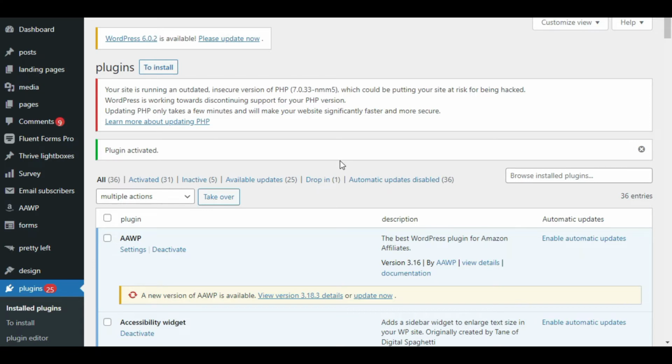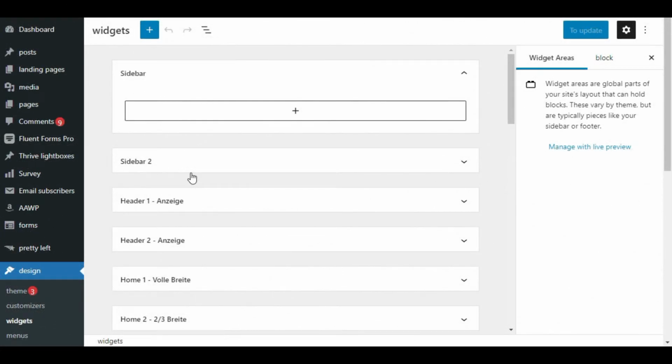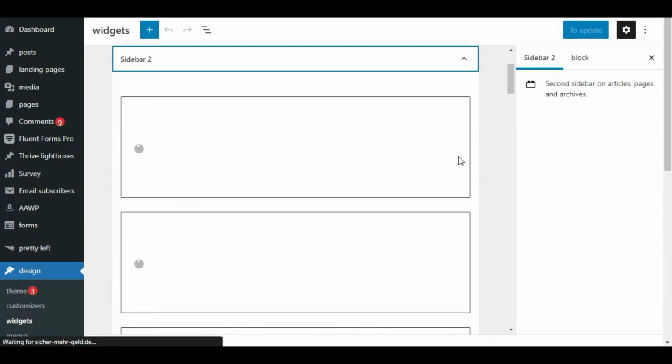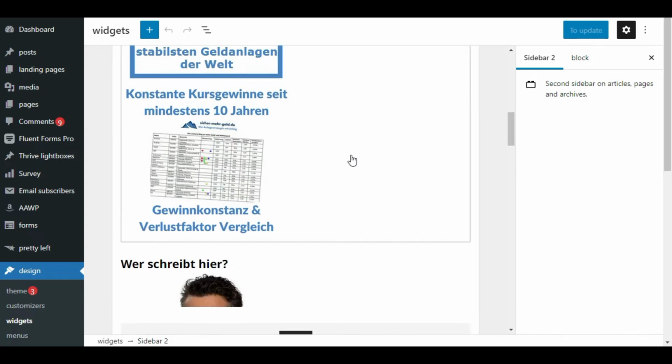Now I will create the resizable text widget. For this, hover over design or appearance and click on widgets. I will add the resizable text widget in my sidebar. Now I have used my widgets in the sidebar too, so I will open it. Wait until it loads. Now scroll down to the end of this sidebar